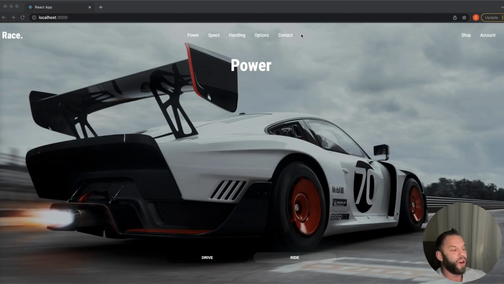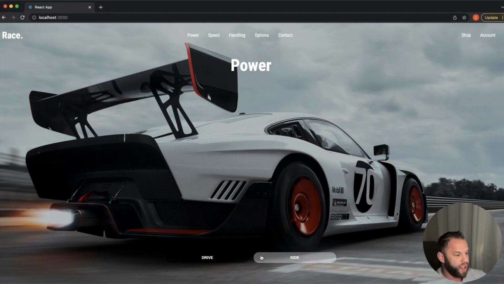So right here, we have our nav bar at the top. Just spans the full width of the screen. It's transparent, sits on top of this awesome image I found, like Unsplash or Pexels. I'll find them all and throw them in the description below here. But it spans the full width, full length of the screen. Have our nice little hover effect buttons here that we're going to style,